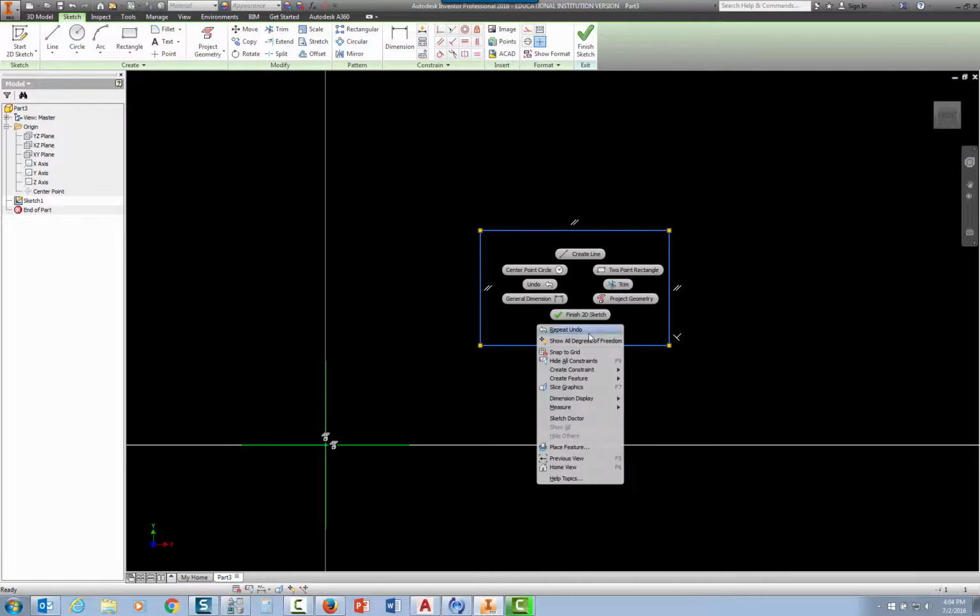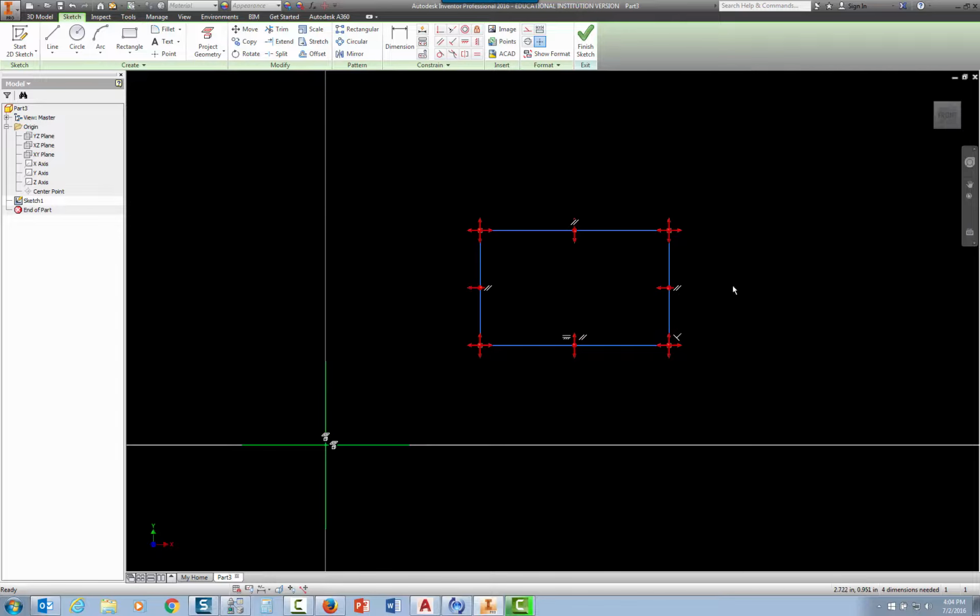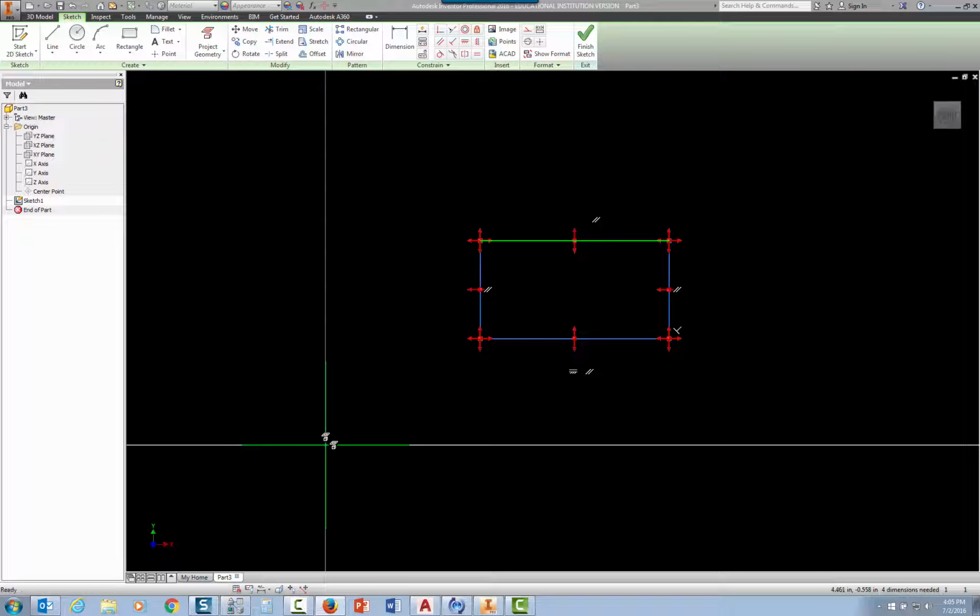If I right-click the mouse and say Show All Degrees of Freedom, what I'll get are these little red arrows with the pointers, and what that tells me is that because my part is not fully defined, I can still move the locations of these lines. Now sometimes you have to move the glyph off of it, but if I get right here, you see there's an arrow pointing up and down, so I can move this guy up and down in both directions. As I define this, right now it's telling me that there are 4 dimensions needed. As I place dimensions on here,